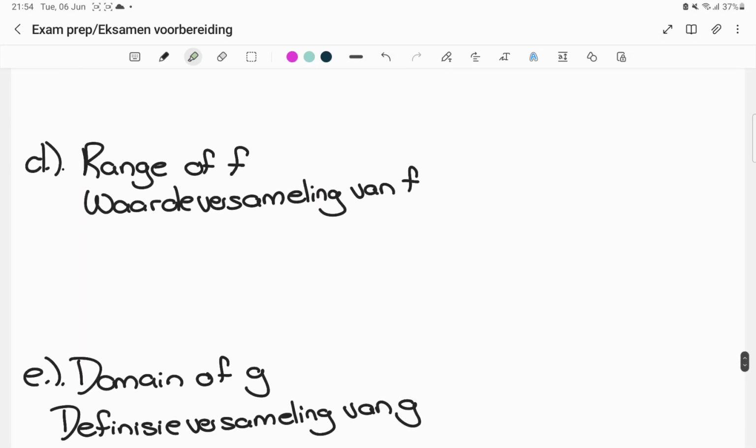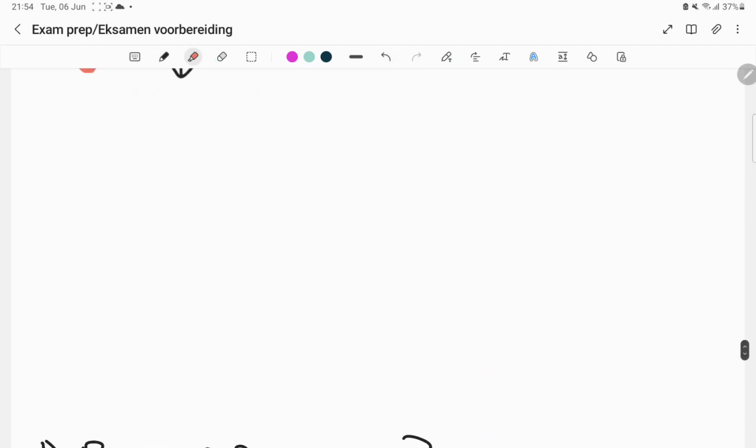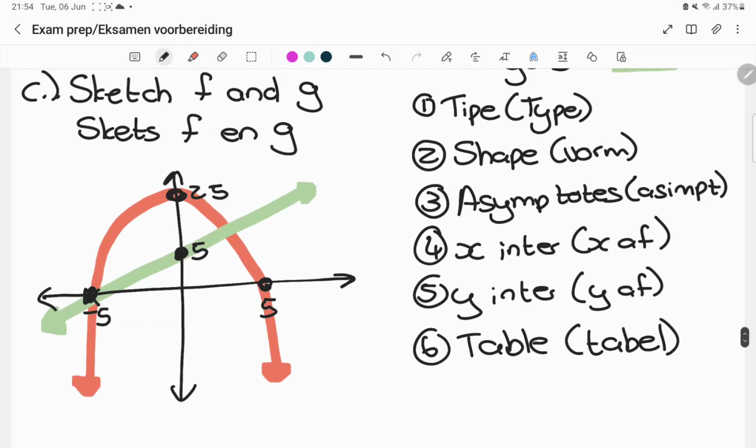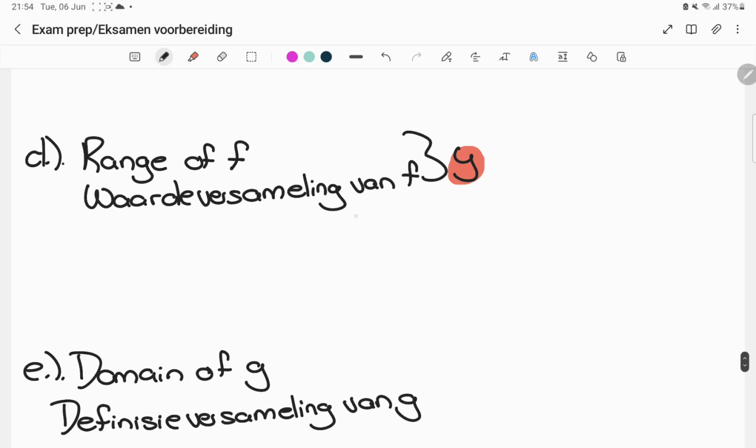So the first question I want to know is the range of f, die waardeversameling van f. So this refers to my y values. Alright, so let's quickly have a look at my y. Alright, so looking at this, I can see that my sketch starts at y equals 25 and then it goes downwards. So my range, my waardeversameling, sal wees